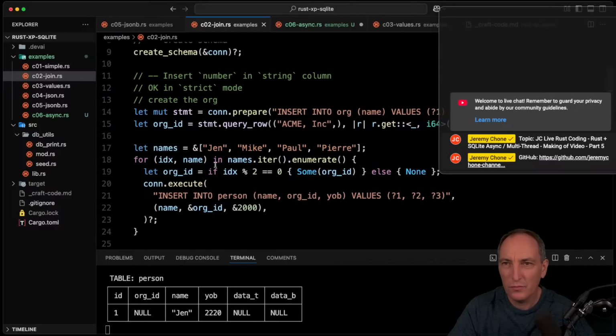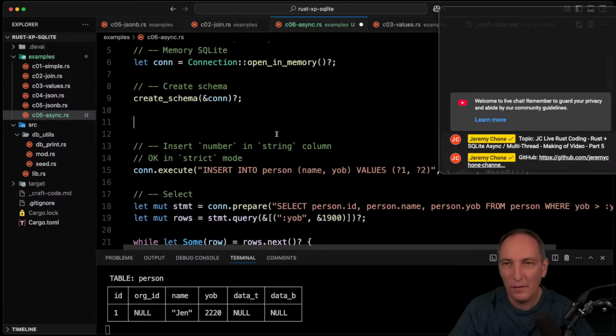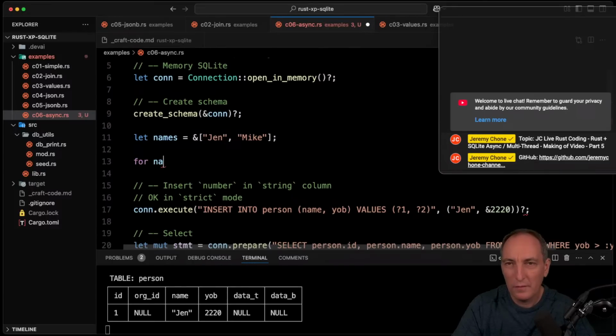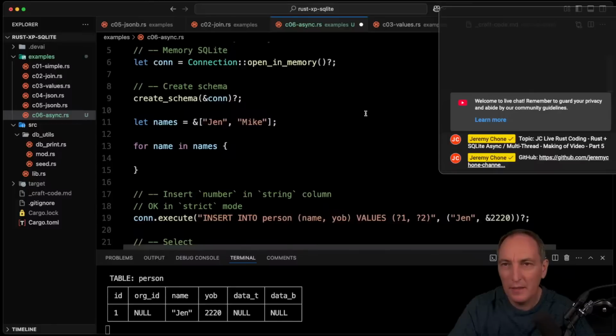So we're going to do that. We can remove the French team here. And then we're going to do a for name in names. And I'm going to do,